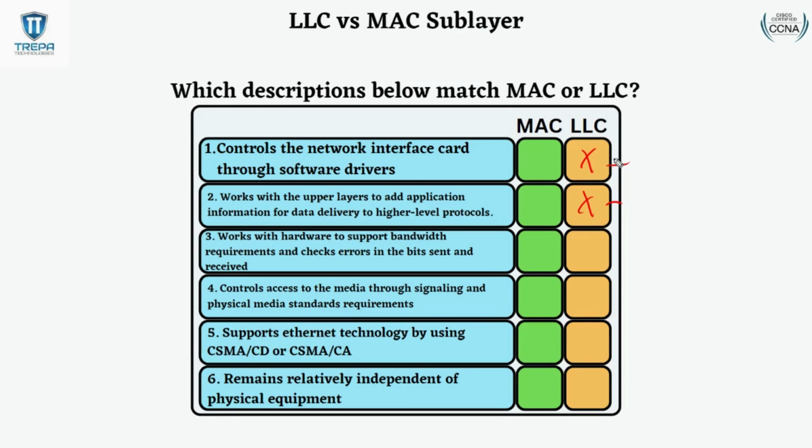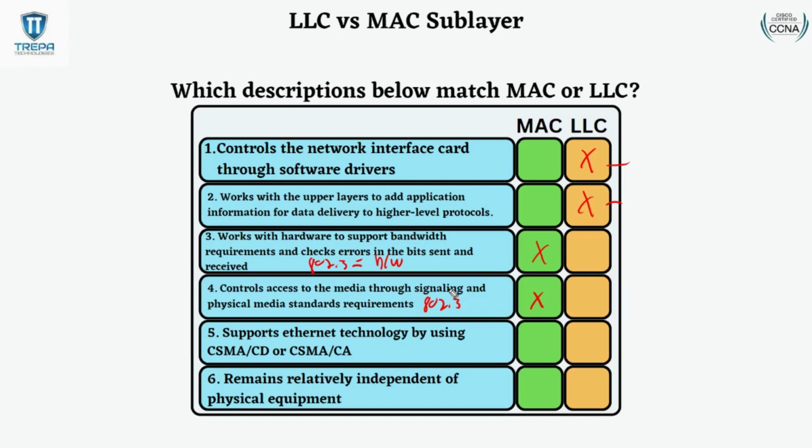Number 3, works with hardware to support bandwidth requirements and checks errors in the bits sent and received. So this is going to be our MAC sublayer, because again, MAC addresses are implemented in hardware, and they're going to support our actual Ethernet technology, 802.3. Remember, 802.3 is going to determine our bandwidth. Okay, and number 4, controls access to media through signaling and physical media standards requirements. That's also going to be our MAC sublayer. Again, 802.3 is the standard we're going to use to determine how we signal on the physical layer and the